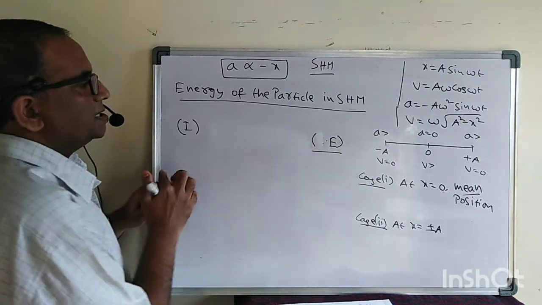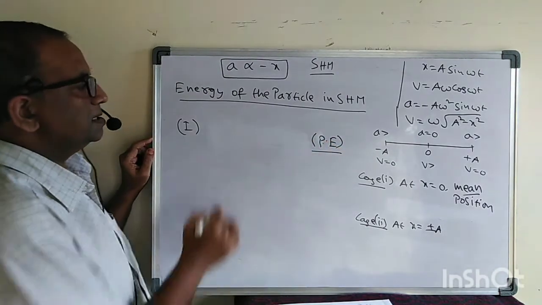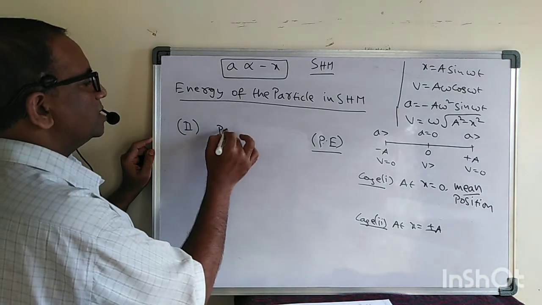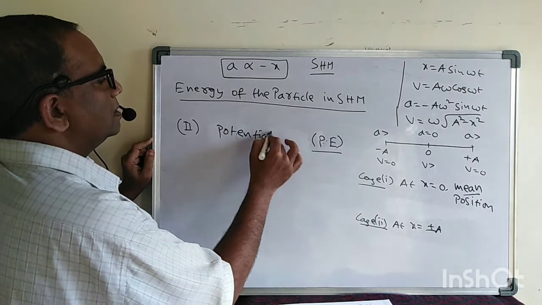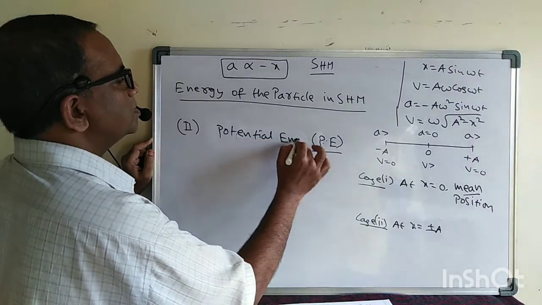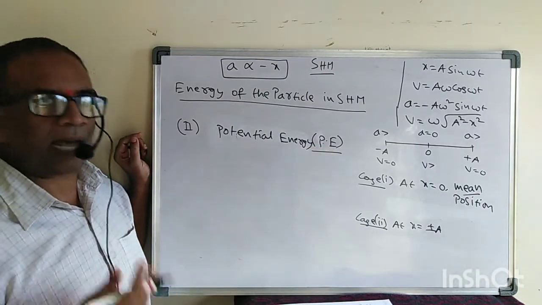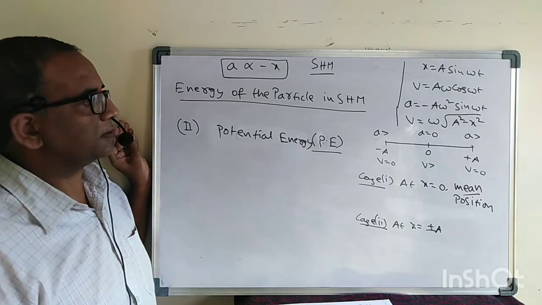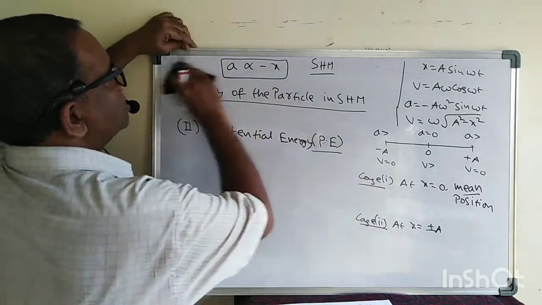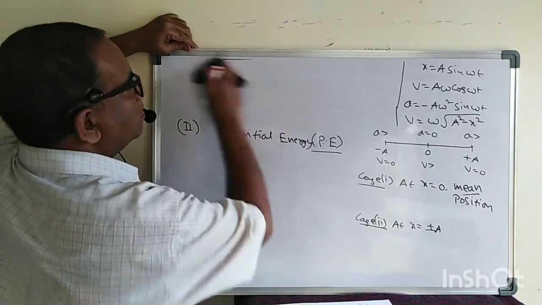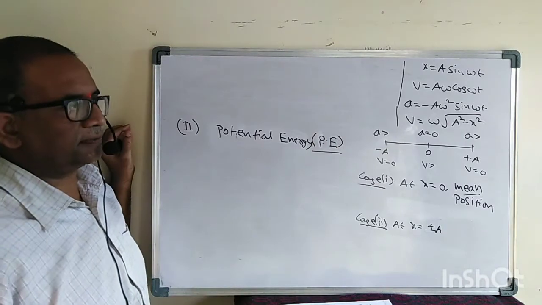Say the potential energy. A potential energy will be represented with the letters PE. See here, this is the second one, the potential energy. So what is the potential energy here? Potential energy is nothing but the energy possessed by a particle by virtue of its position. So you should see your position. And also see carefully, I'll write this one also. The potential energy is also expressed as the negative of work done.